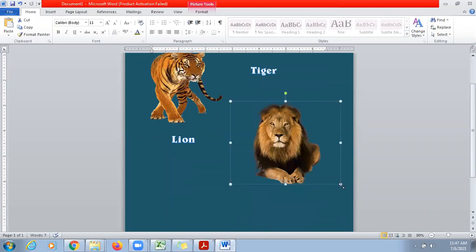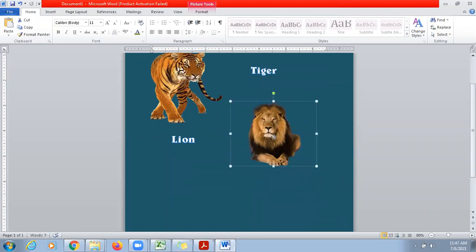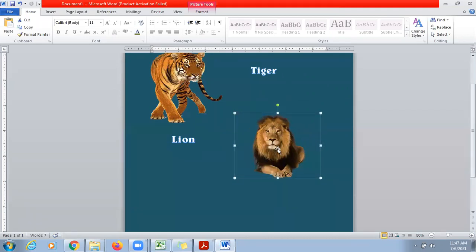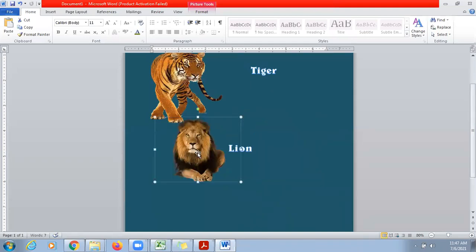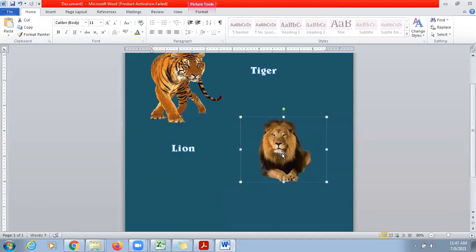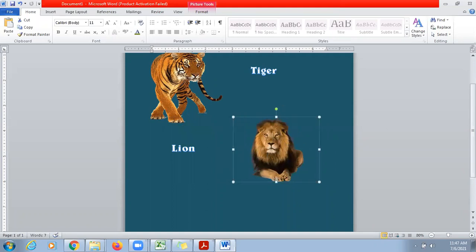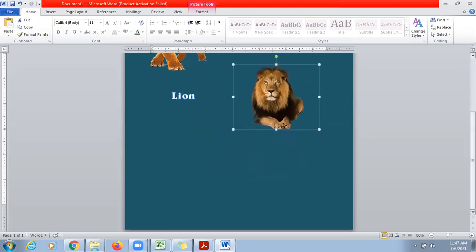Why is this happening? Because we have used the option wrap text. It means wherever I will move my picture, accordingly the text will get shifted from that location to some other location. So this is a use of wrap text option. Now suppose let's say I wanted to add one more image here.